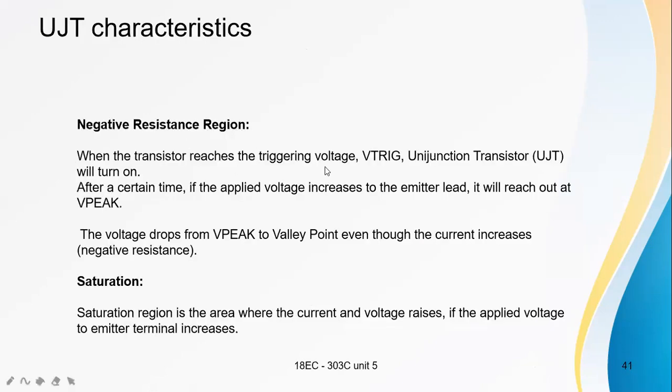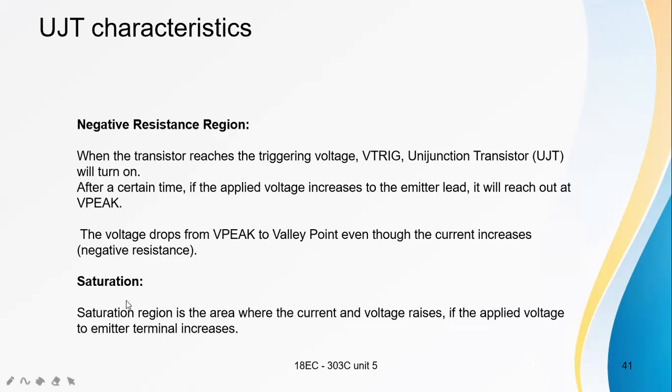When the transistor reaches the triggering voltage, the unijunction transistor will turn on. After a certain time, the applied voltage to the emitter lead increases and reaches V peak. This voltage drop from V peak to the valley point, even though the current increases, is called the negative resistance region.